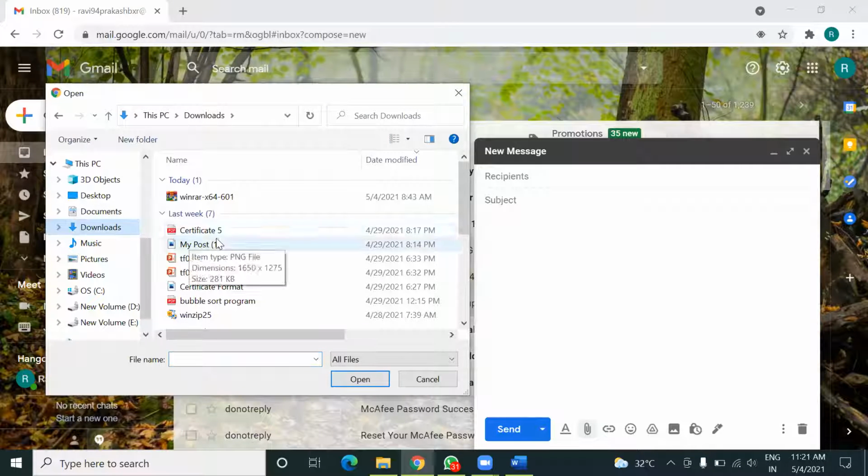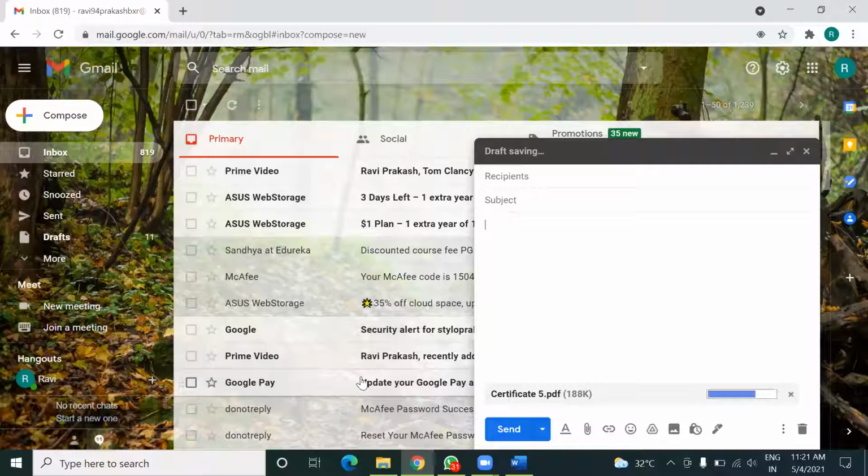In the downloads folder, this is certificate 5, open it. Now you can see this file is attached with this email. Here I'll type the text message I want to send, and along with that text message, this certificate 5.pdf file will also go along with this email.